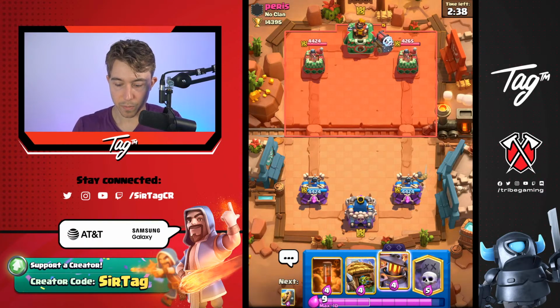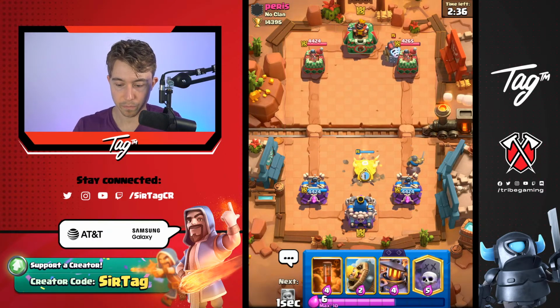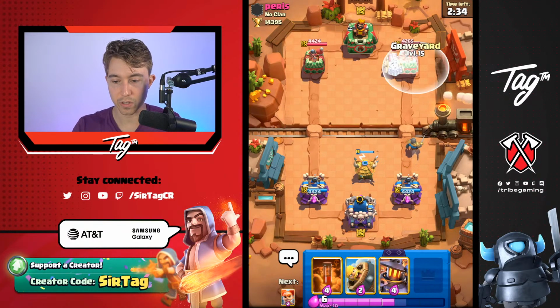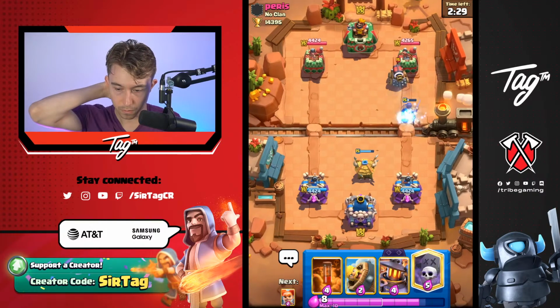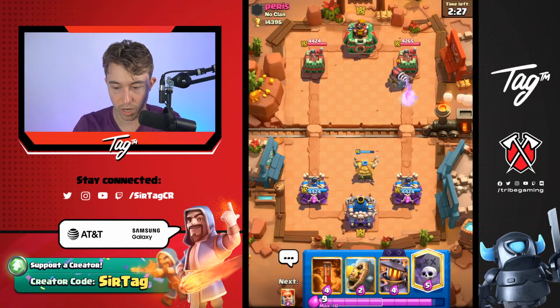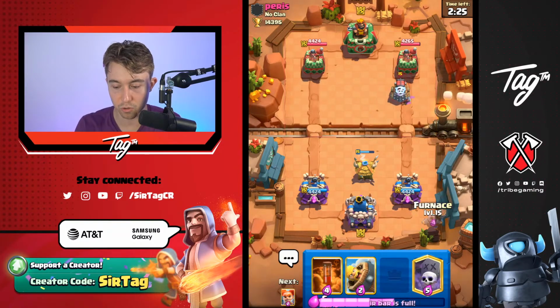I actually don't know how to play this matchup that well. It's kind of annoying. If I graveyard this, feels bad. If I just sack it, it feels bad. Everything about this feels bad. I think I just sack it. It is literally just an awful situation and matchup. If someone cycles that and you drop a knight and then they...